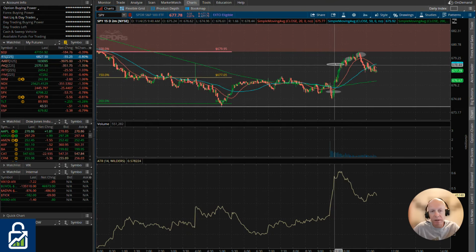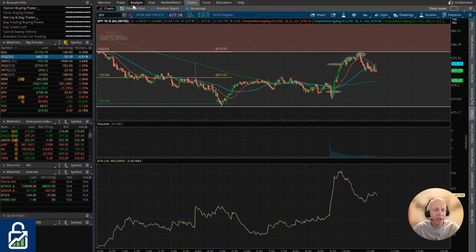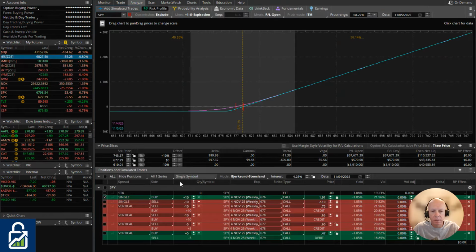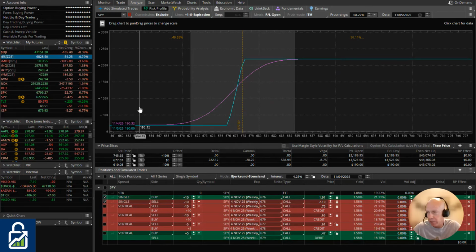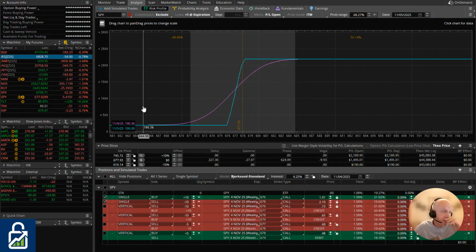So what I did there is when we got up into that point, I ended up selling the 678. What that does is it caps my profits, but it takes all my risk out of the trade. If things go bad now and the SPY decides to turn around and crash out, I still make $190, right? It's not ideal, but